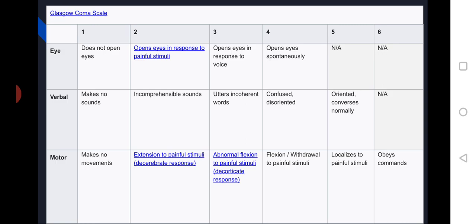Verbal: makes no sounds, incomprehensible sounds, utters incoherent words, confused, disoriented, oriented, converses normally. In case when the patient is oriented and converses normally, it would be very rare to assess such a patient with the Glasgow Coma scale at all, to be honest. Motor: makes no movements, extension to painful stimuli, abnormal flexion, withdrawal to painful stimuli, localizes painful stimuli, and obeys commands. So, generally,